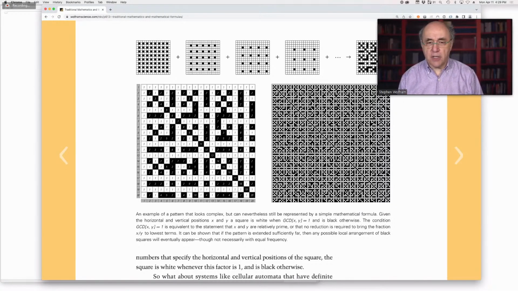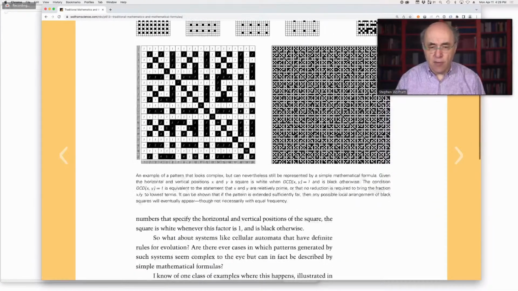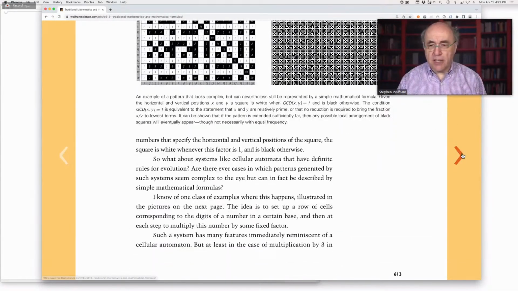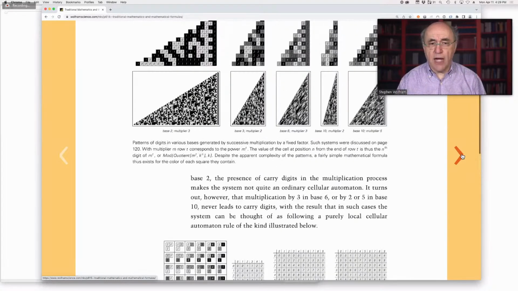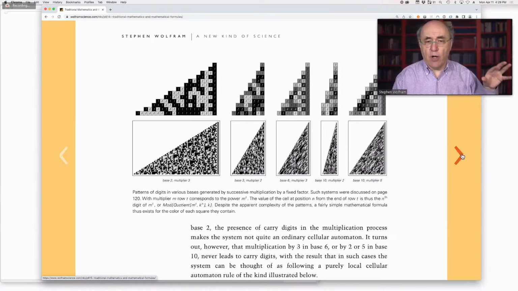We might visually say, oh, there are aspects of this picture that look kind of random, but we know that mathematics with relative coprimality allows us to just crack the pattern and immediately say whether a particular square will be black or white. So that's a case where mathematics goes a little bit further than our visual system succeeds in going. It's rather rare in that respect. Usually our visual system does better than most mathematics is able to do. But that's a rare case that I was able to identify where our visual system doesn't do so well and where we can use mathematics to resolve the answer.